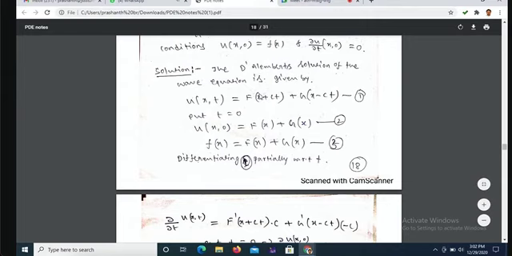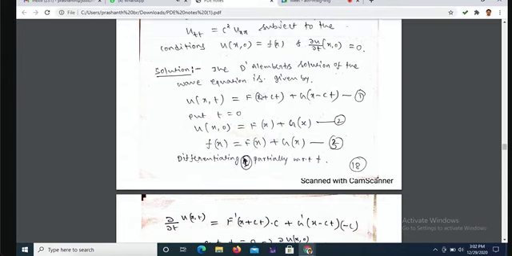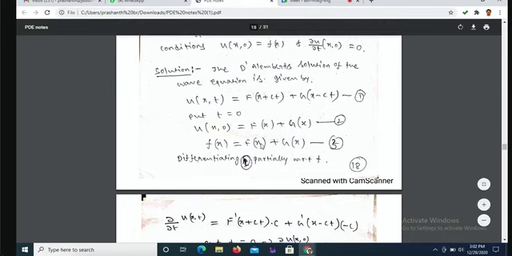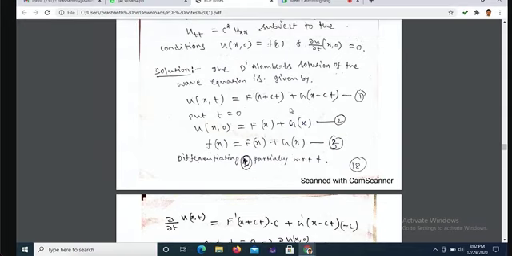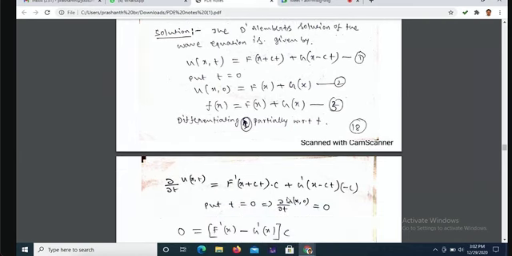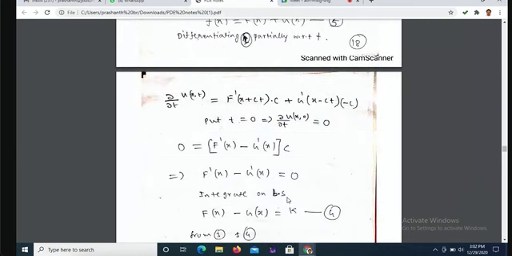So, u of x comma t is equal to f of x plus ct plus g of x minus ct. You partially differentiate equation 1 with respect to t, because dou u of x comma t divided by dou t is equal to 0, he has given, right? Here t is 0. So that's the reason; we need dou u by dou t. So differentiate equation 1 with respect to t.